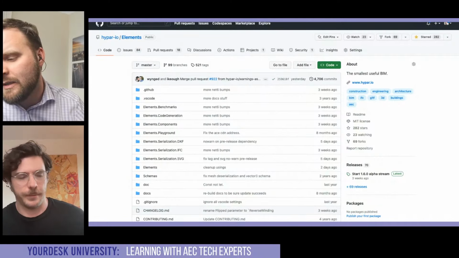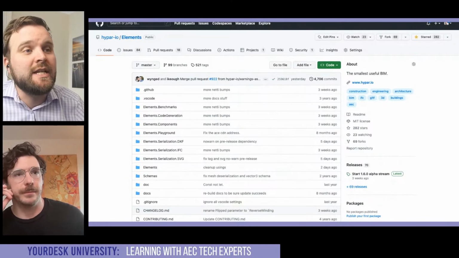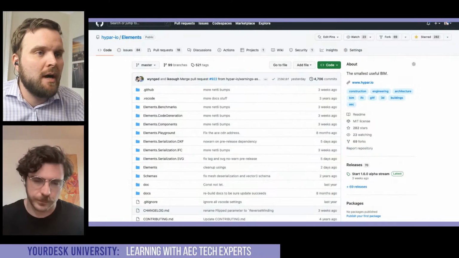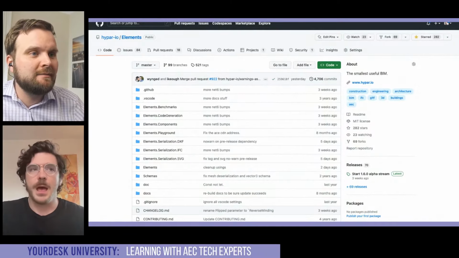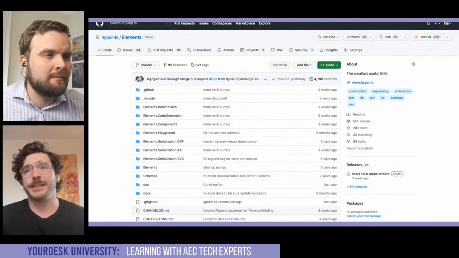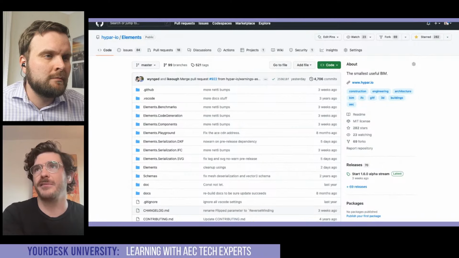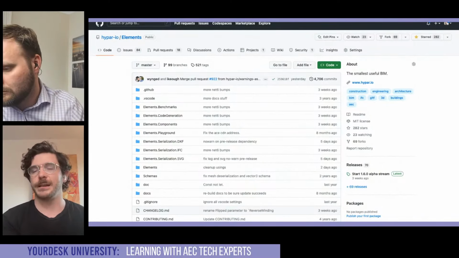So I see element serialization IFC. So that'll take any part of the schema and IFCify it? Yep. One of the things that comes for free if you work with Elements is that we already have a really flexible translation layer between Elements and other formats.